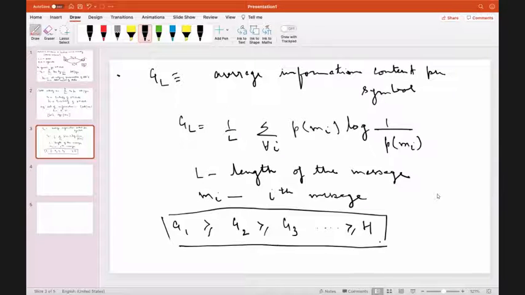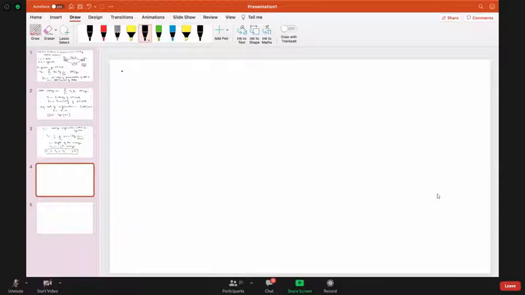So with these definitions, let's do some problems, and we'll see how everything comes into the picture. If there are any doubts, it will become much clearer. You'll be able to solve them and address your doubts once we do some numericals. So let me take up a small example based on what we had done in the previous class itself. Let me draw a diagram for a Markov model.